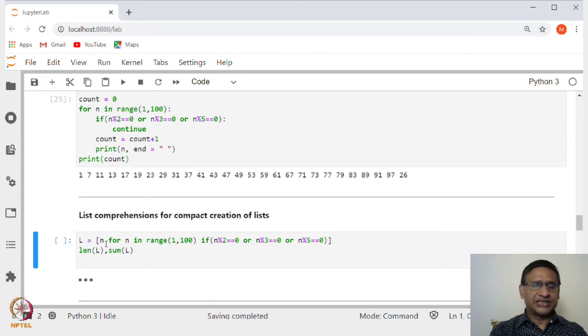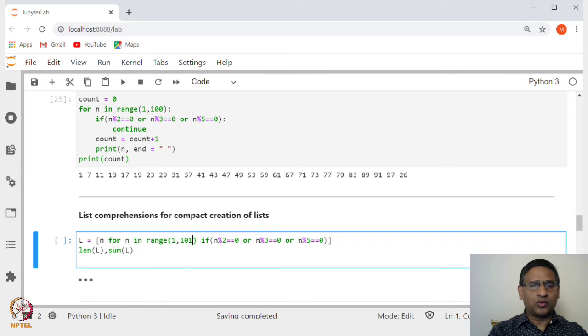For example, let us say we want to take all those integers between 1 and 100 which are divisible by 2 or 3 or 5. We can simply write in square brackets, n for n in range 1 to 101, and when do you take that n? If n is divisible by 2, 3 or 5.